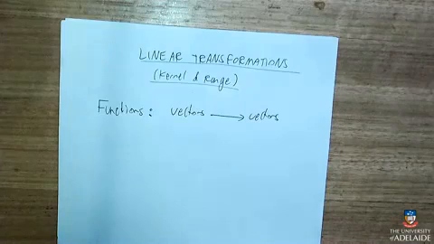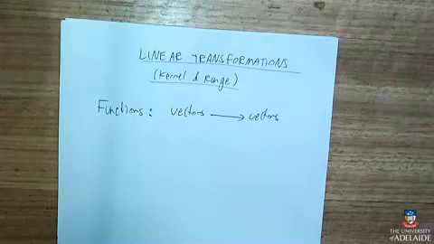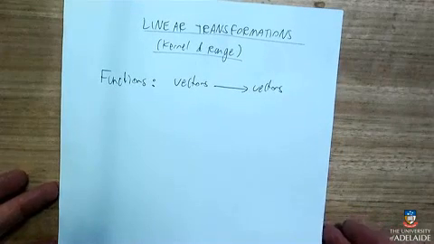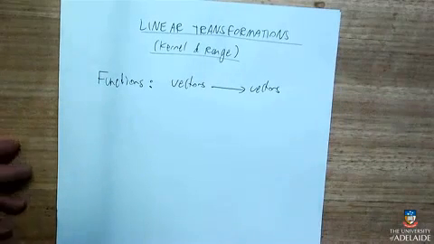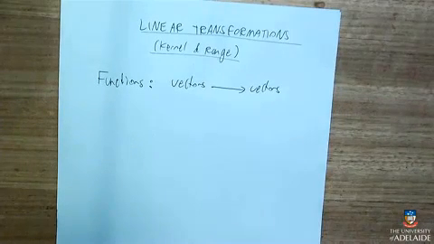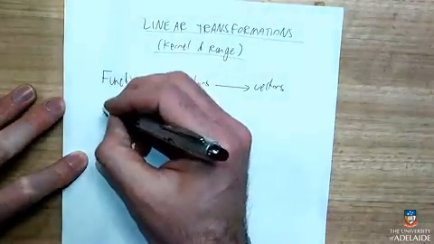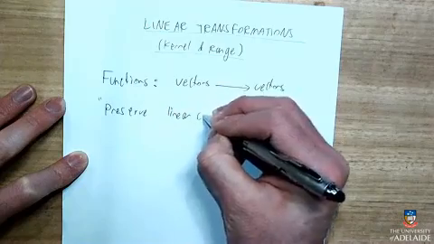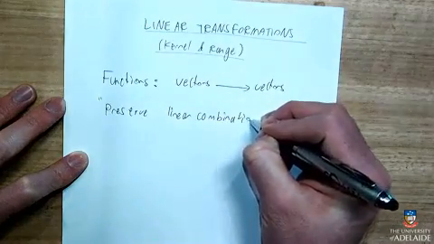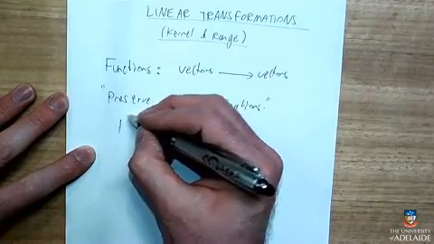You could do any number of things with a vector, but we're specifically interested in the nicest possible functions, which are called the linear transformations. And the linear transformations have this wonderful property that they preserve the things that we care about in vectors. So vectors do linear combinations, they do addition and scalar multiplication. And what we're going to do is we're going to have a function that preserves that. That's what they do. So the definition is that a linear transformation